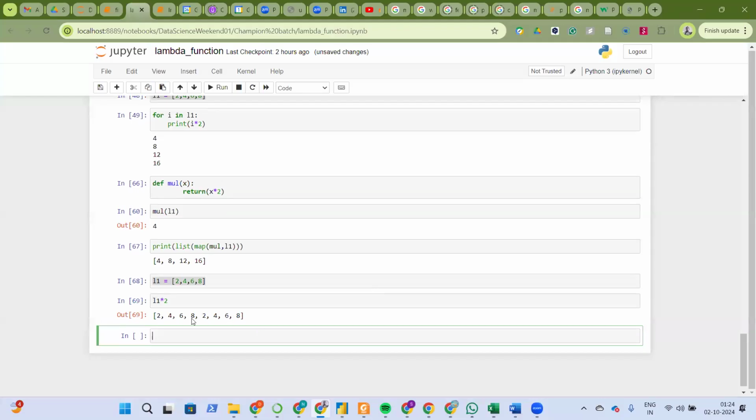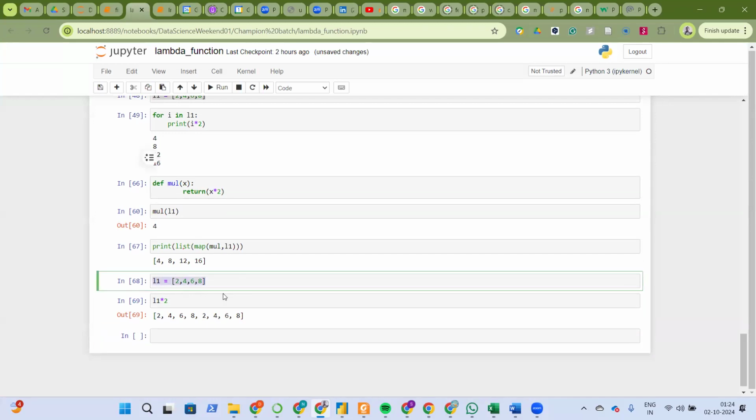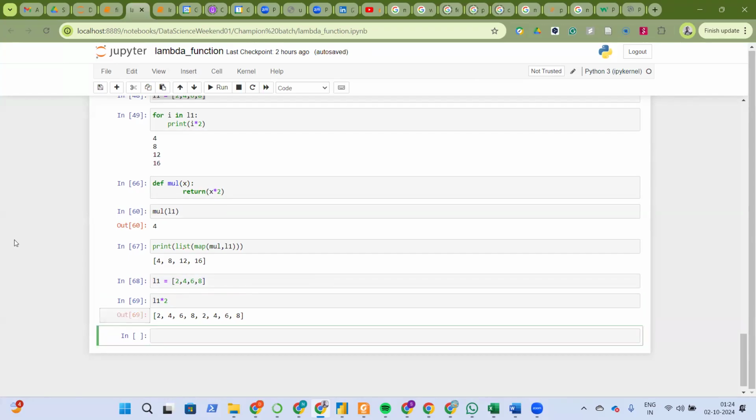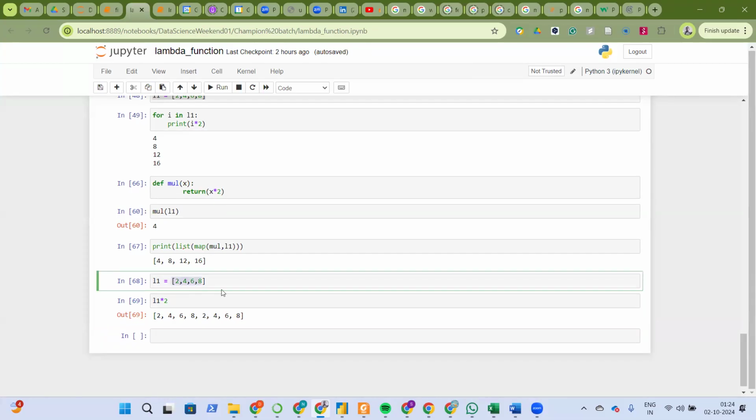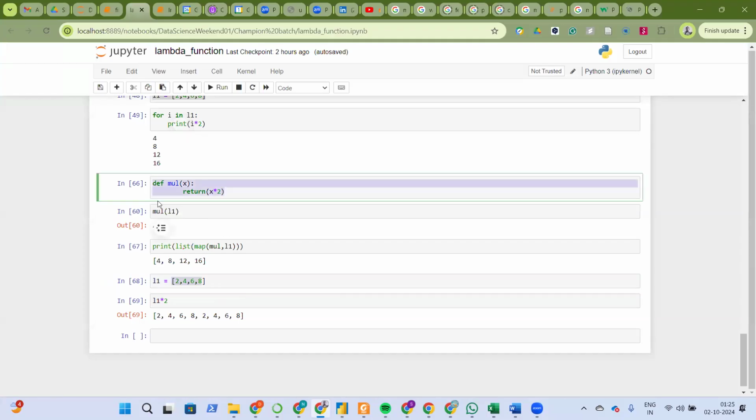You see, it has repeated this list twice, not multiplied each element. So if you want to multiply each element by 2, you have to explicitly loop through this list. Map is another function, and map will multiply each element in this list by 2 without you actually writing a loop. But map also expects a function to do the job. So now let's explicitly define a function, and this function is going to